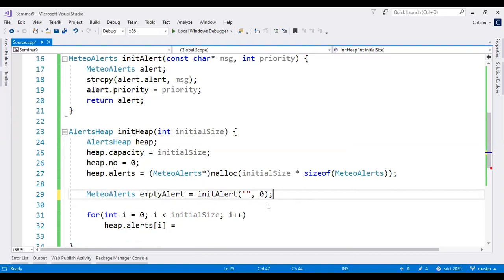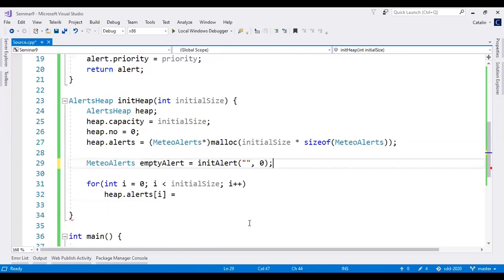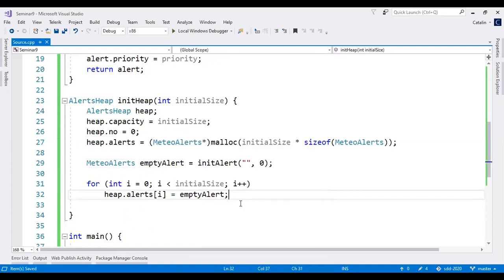So choose a value that will not mess up when you try to decide which is the maximum alert. You need the value to be a neutral value that will help you get the maximum for new alerts. Here I have an empty alert, and here I will initialize all my initial alerts in this heap, in order to be sure that they are not initialized, they are not valid messages. Now, once again, I remind you, and last seminar we did this, equal works